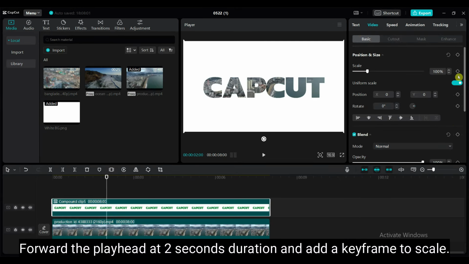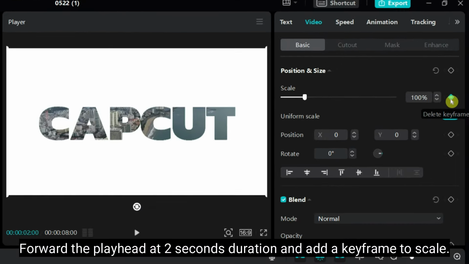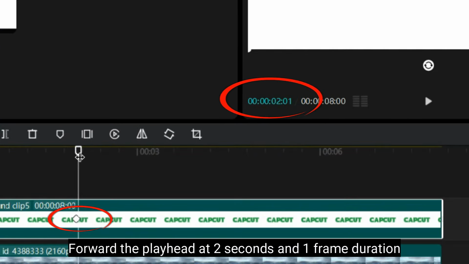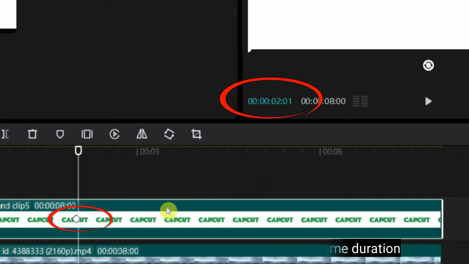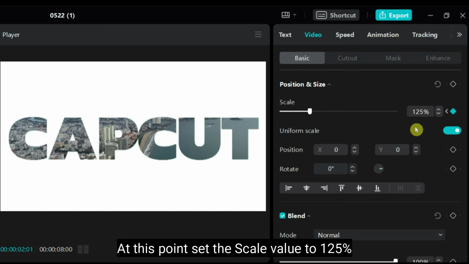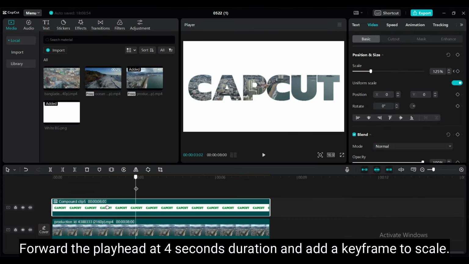Forward the playhead at 2 seconds duration and add a keyframe to scale. Forward the playhead at 2 seconds and 1 frame duration. At this point, set the scale value to 125%. Forward the playhead at 4 seconds duration